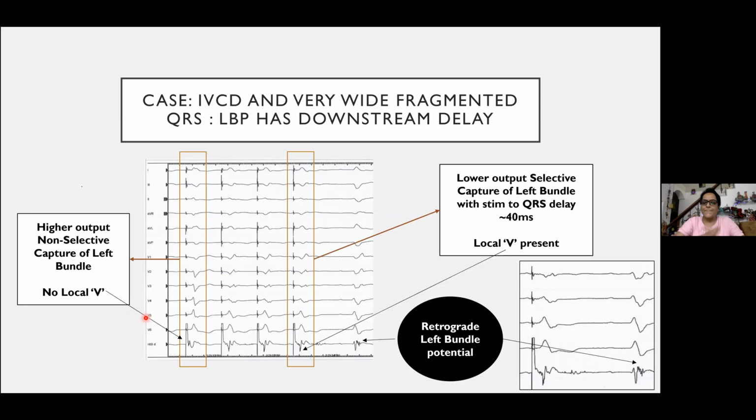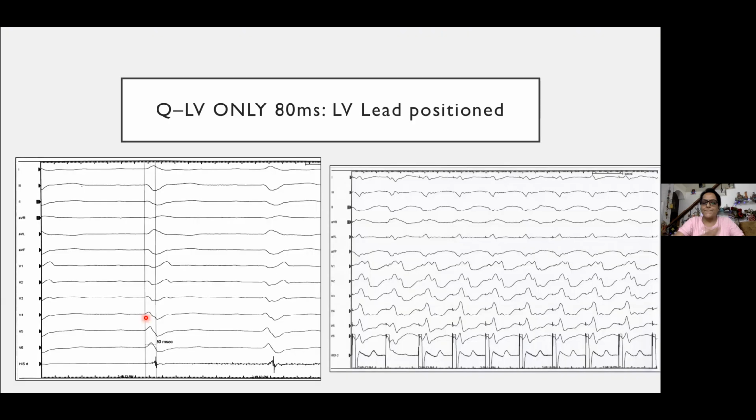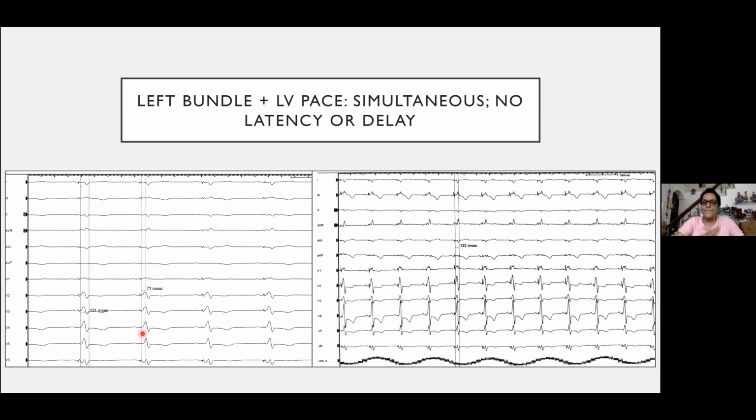So to get rid of that latency, you can utilize this and cover a larger portion of scar. And this is what we get when we combine both of them. QRS now is 130 milliseconds and LVAT is only 71 milliseconds. Now this is as good an LVAT as you get in a traditional left bundle pacing. This QRS is acceptable by any standard.